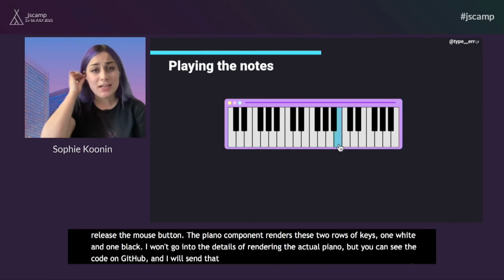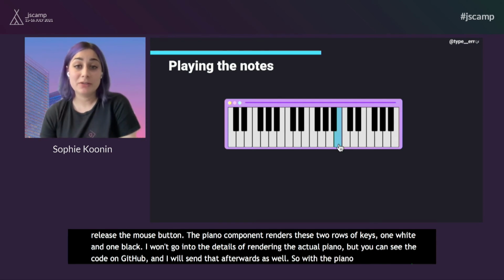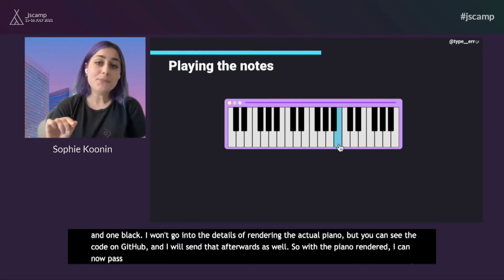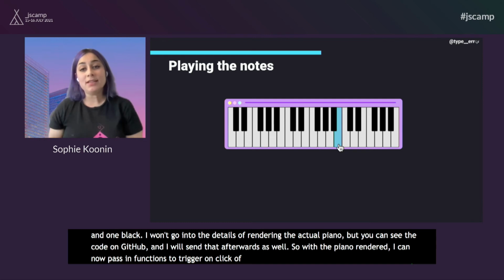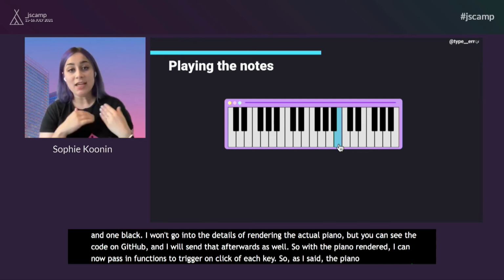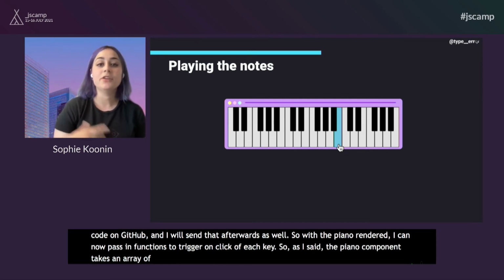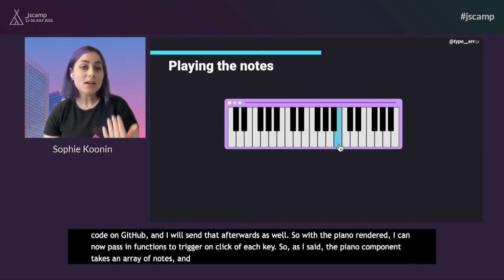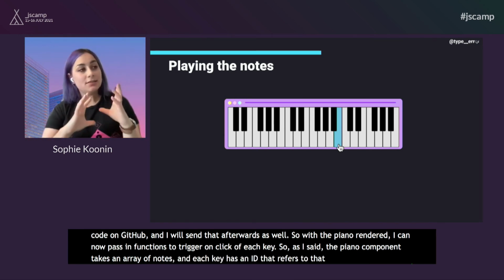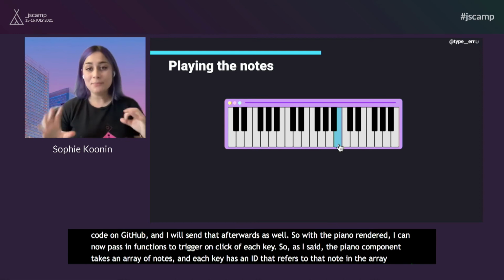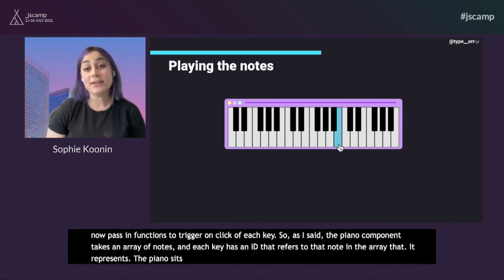So with the piano rendered, I can now pass in functions to trigger on click of each key. So as I said, the piano component takes an array of notes, and each key has an ID which refers to the note in the array that it represents. And the piano itself sits inside a parent component called player, which controls all of the audio operations and manages